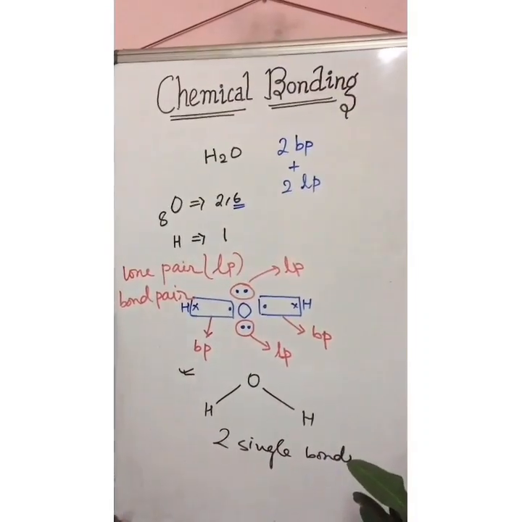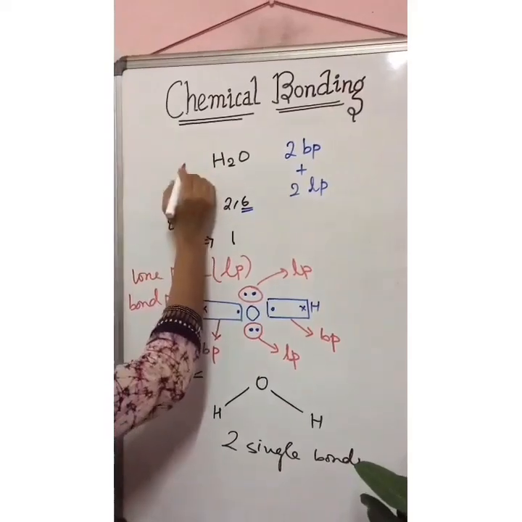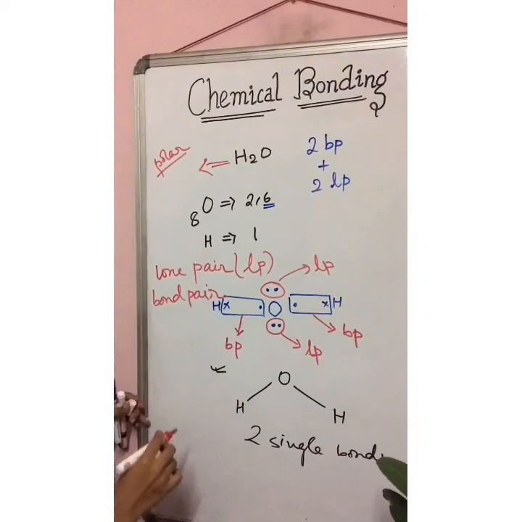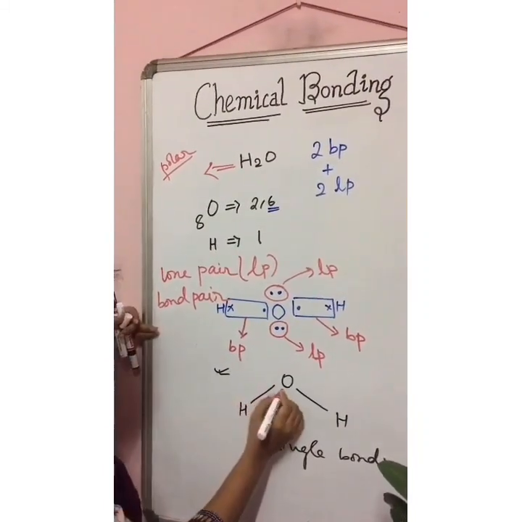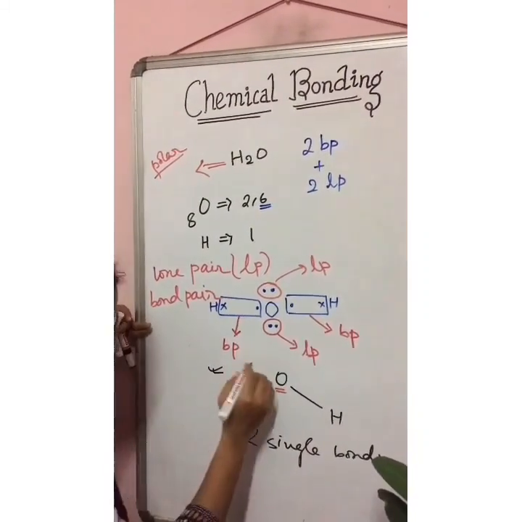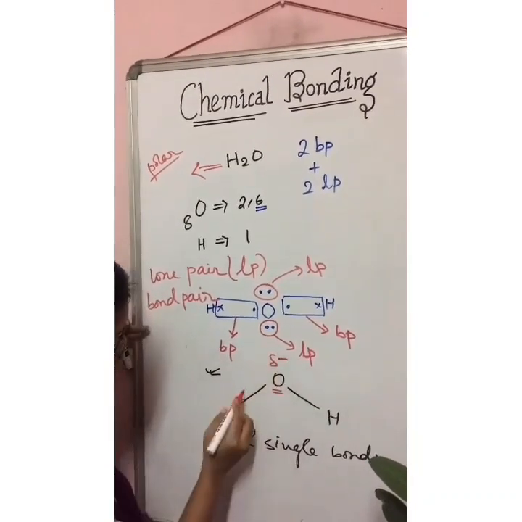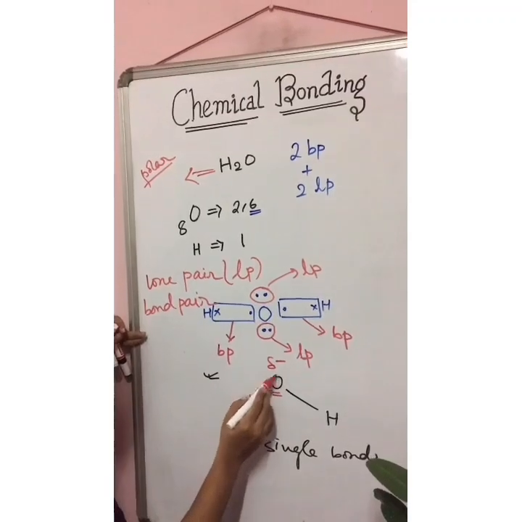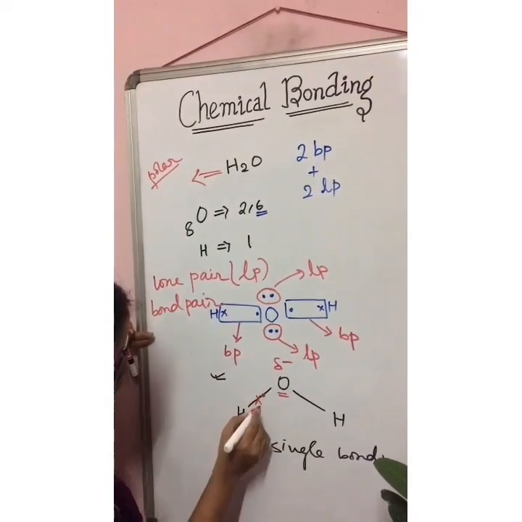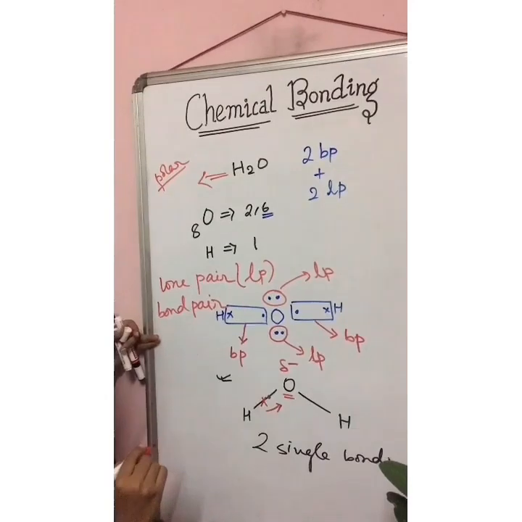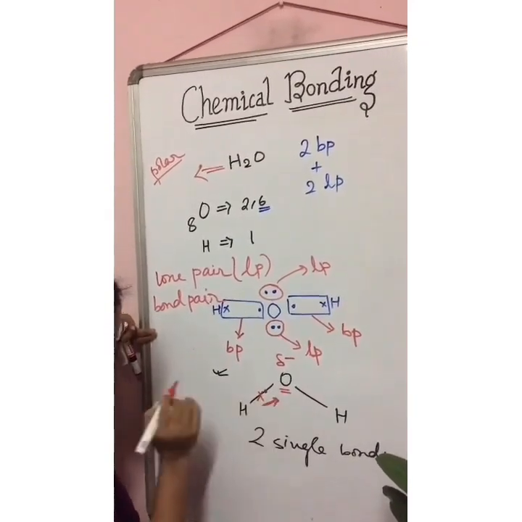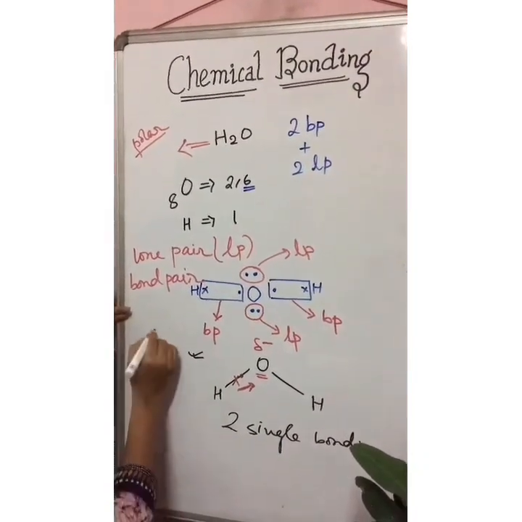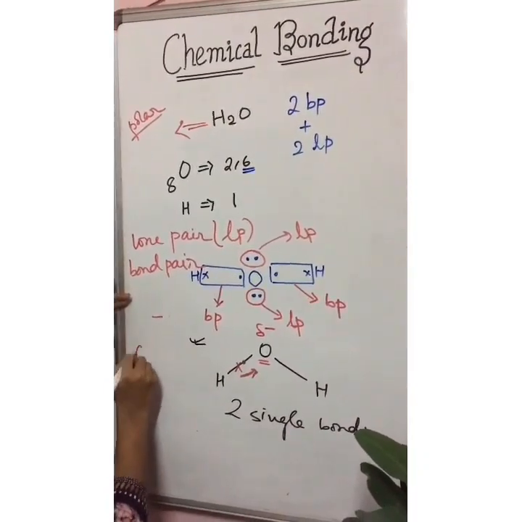The other thing we see in this molecule is that water is a polar molecule. So water is my first example of a polar molecule. Why is this polar? We know oxygen is an electronegative atom, so oxygen has a delta minus charge. Why? Because if there is a bond pair of electrons here, due to the electronegativity of oxygen, oxygen will pull the electron pair towards itself. The moment it pulls the electron pair towards itself, it has an excess of negative charge, but it is not a discrete negative charge like in the case of Cl minus.